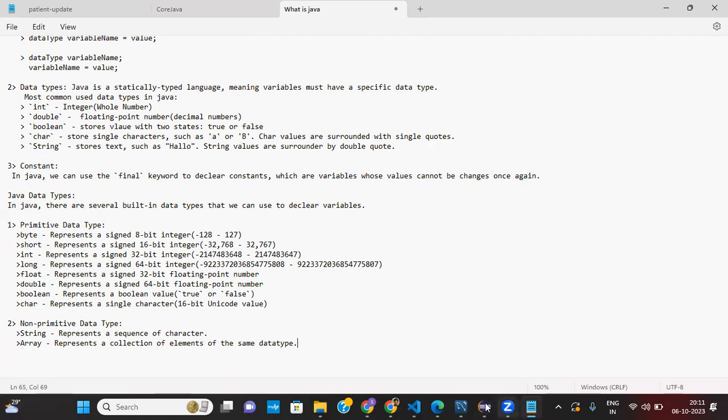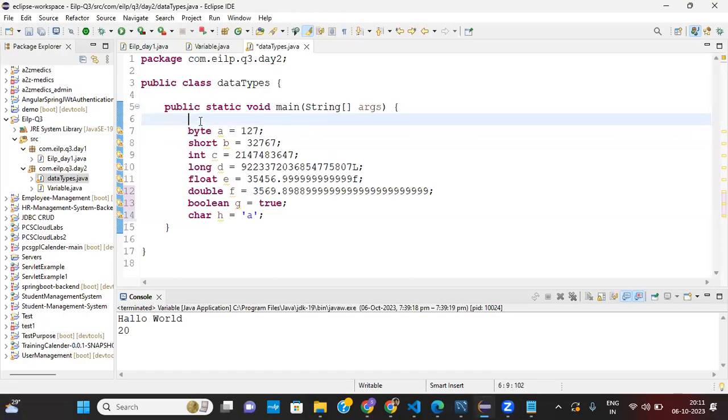Now let's see the non-primitive data types. And what is this? This is a comment. These are the Java comments. In Java, comments are used to add explanatory or descriptive text, where we describe our code. Descriptive text within the code.